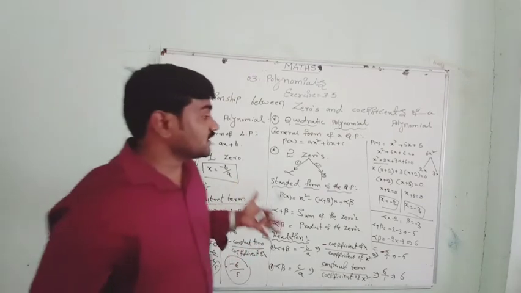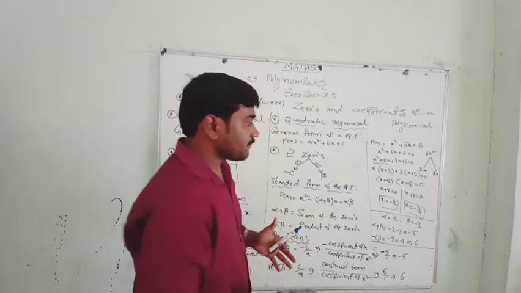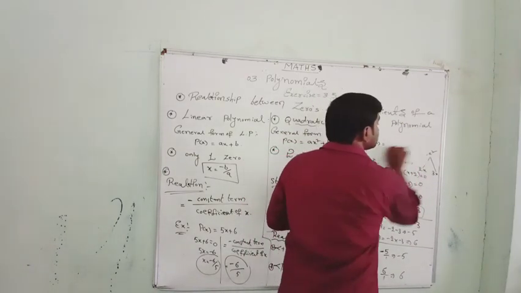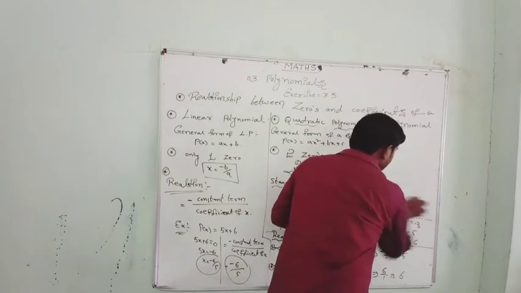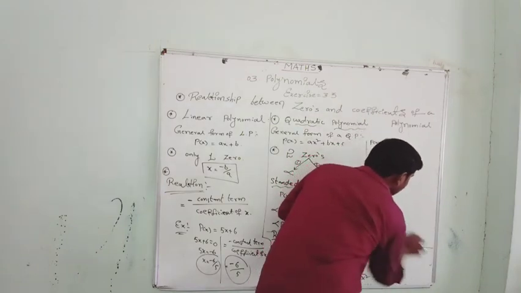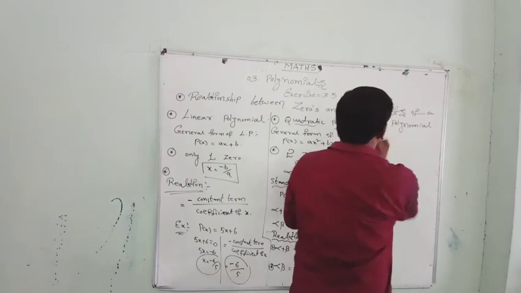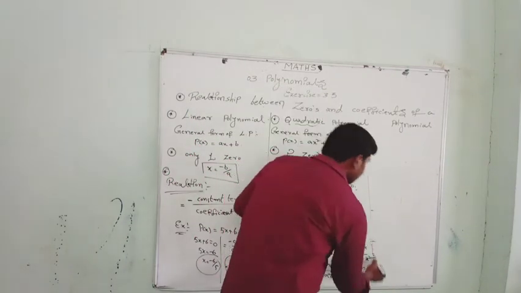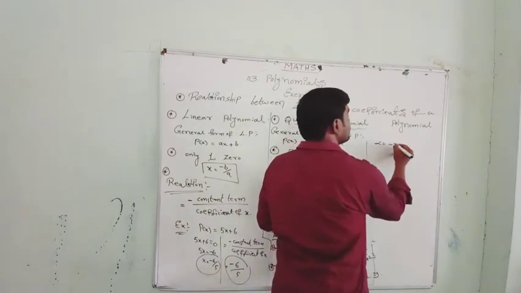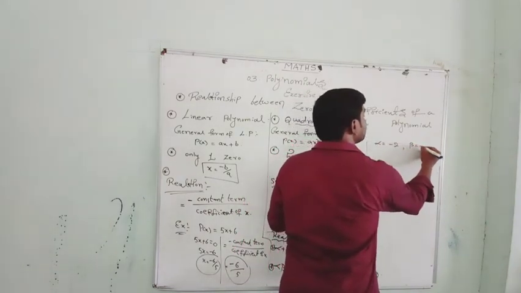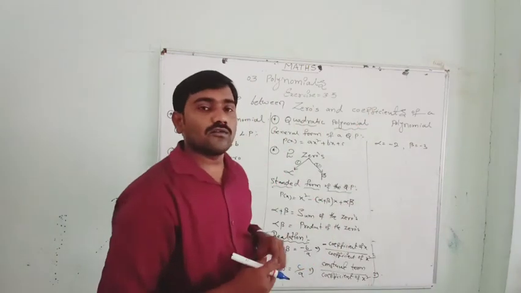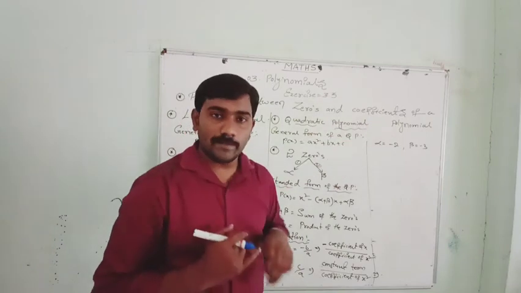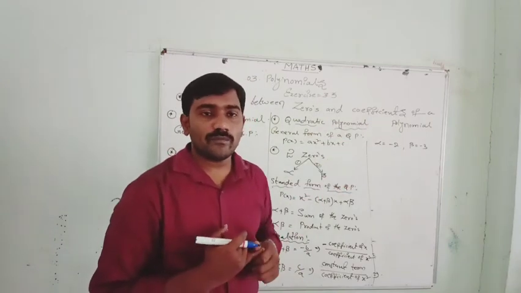One more useful thing. Now we have to find this quadratic polynomial. Just remember what quadratic polynomial I wrote there. Actually we know the quadratic polynomial we have written: x square plus 5x plus 6 I wrote. But let me give you the zeros: alpha equal to minus 2 and beta equal to minus 3. Now, can you form a quadratic polynomial?